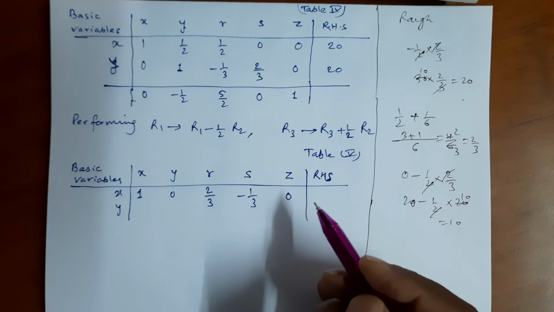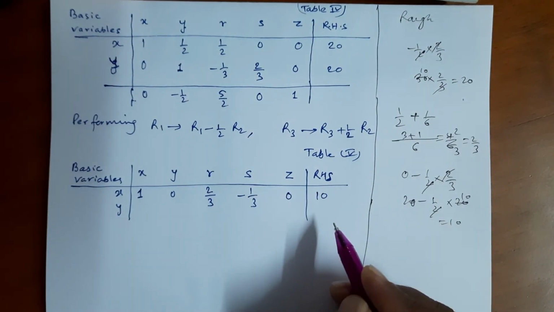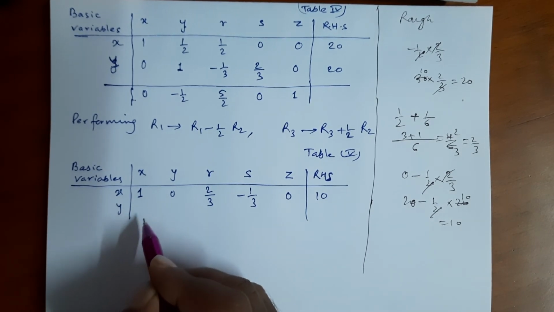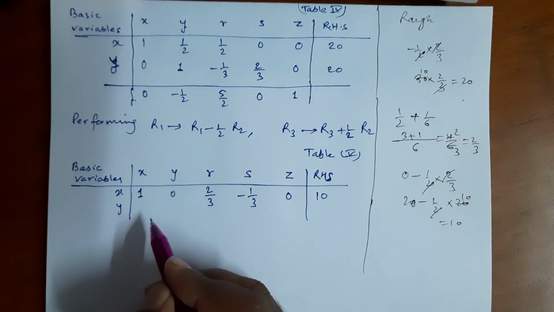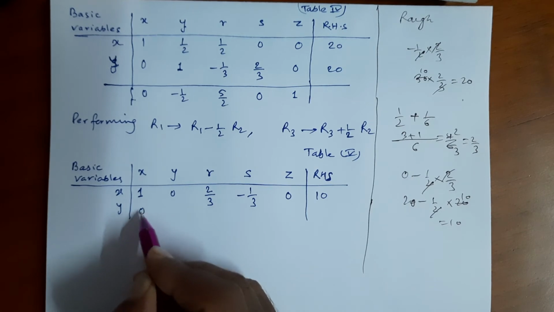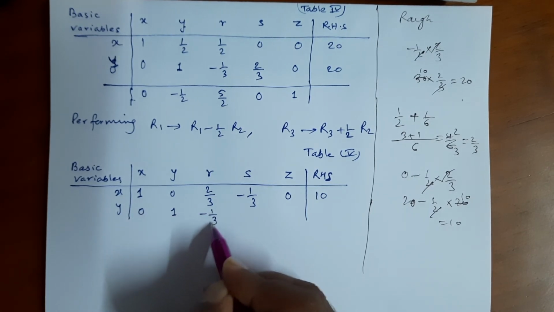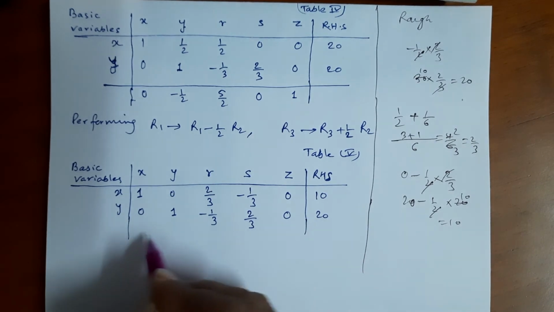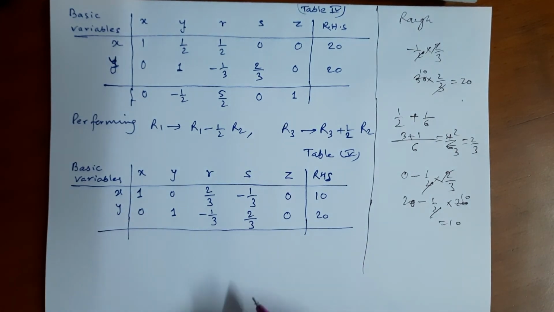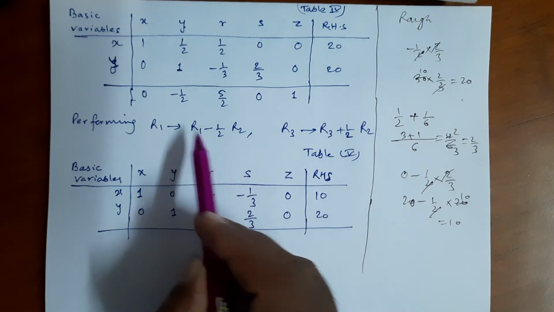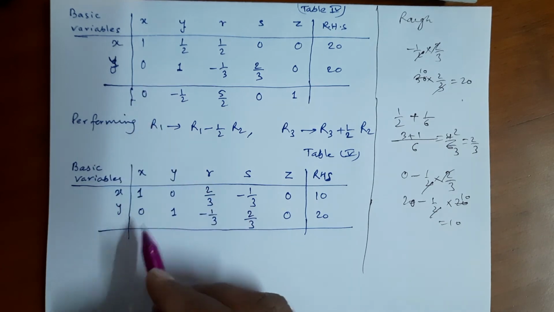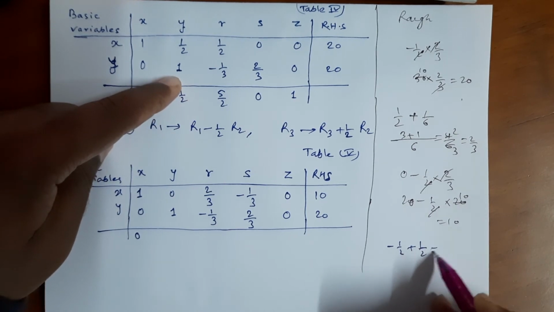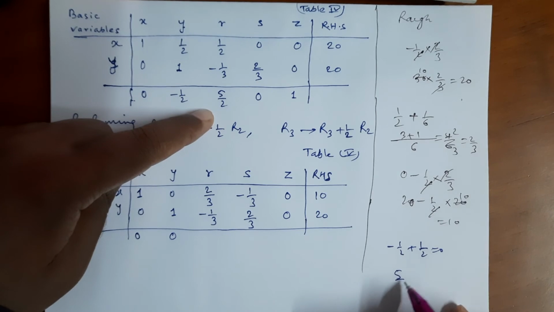So here will be 10, and here in the second column you have all elements as it is: 0, 1, minus 1 over 3, 2 over 3, 0, 20, and R3 plus half of R2. 0 plus half of 0, this is also 0, and minus half plus this half, that will be 0, and 5 over 2